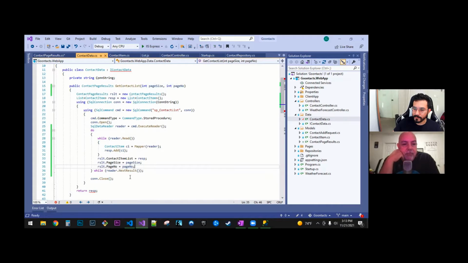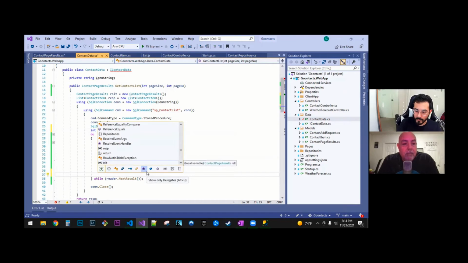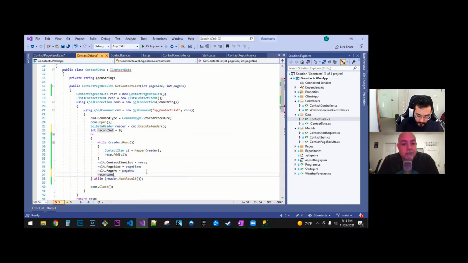After line 25, let's create a new variable called int recordSet, and it's going to be equal to 0. At the end of line 36, give me a new line and say recordSet plus plus, semicolon. So we're incrementing recordSet plus 1. Inside that read,